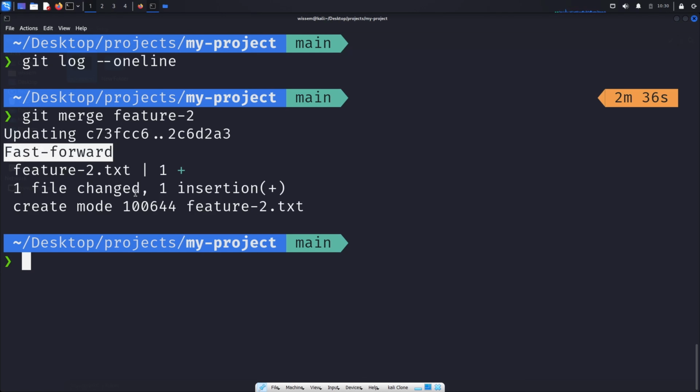Okay, so it simply moves the head pointer from the last commit of the main branch to the last commit that we have in the feature2 branch. And we said also that this will happen only if the main branch is not changed after creating the branch that we want to merge. That means that we didn't have any new commit on the main branch after creating the branch that we want to merge. So if we execute the git log again,